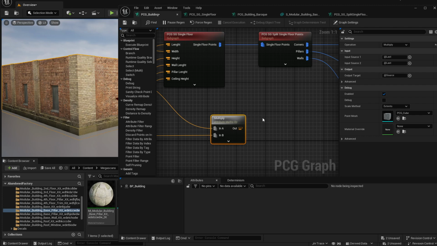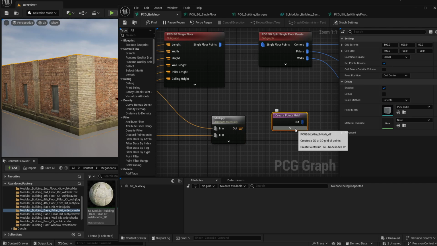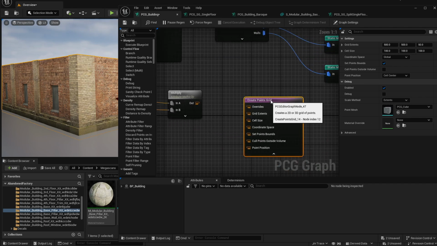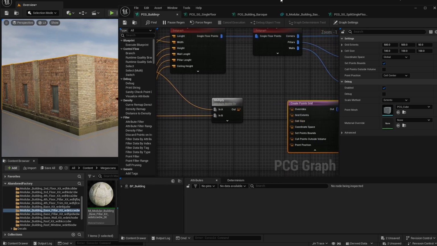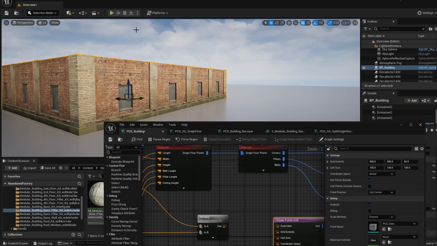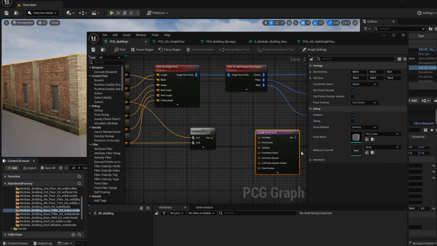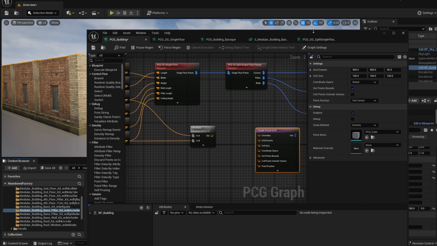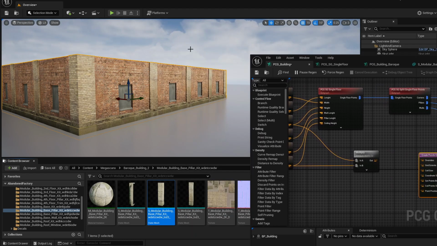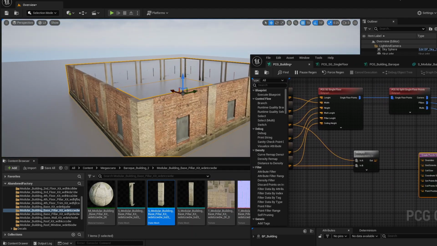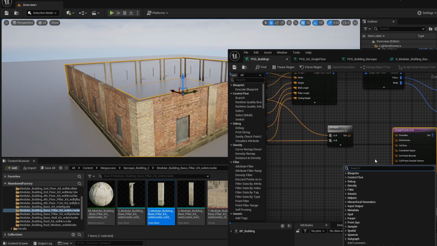generate a point grid. So right click and do a point grid, create point grid. So what we need for this point grid is the grid extents and the cell size. So the cell size, we want a single point for each floor. Because the cell size needs to be one wall thick, or actually we don't even need it to be a specific size. Let's say that the cell will be, let's create a vector,